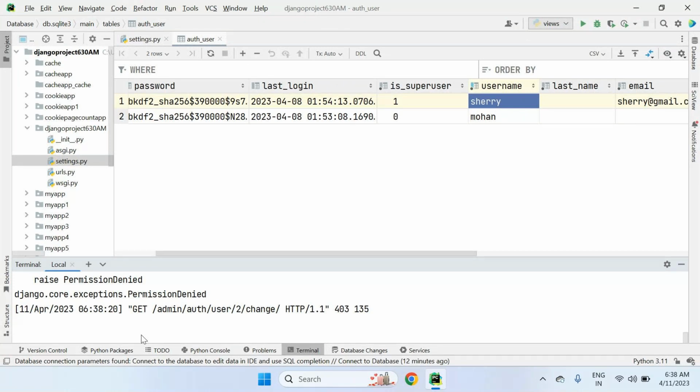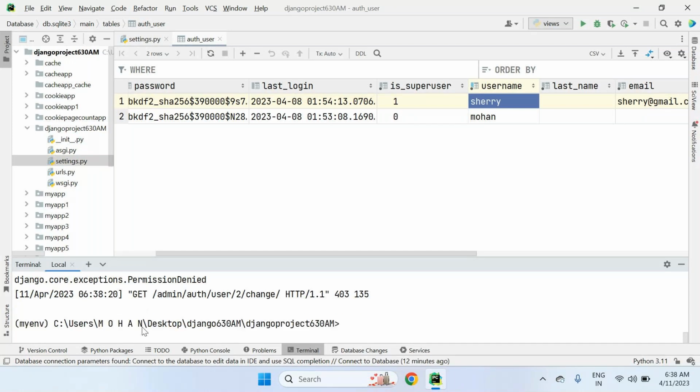Previously I created some admin user, or else we will go with a new superuser clearly. Because this superuser's username and password were created long back. It is saying to change the password actually. So some permission denied exception messages are coming internally. So let's create a superuser. To create a superuser, you know that python manage.py